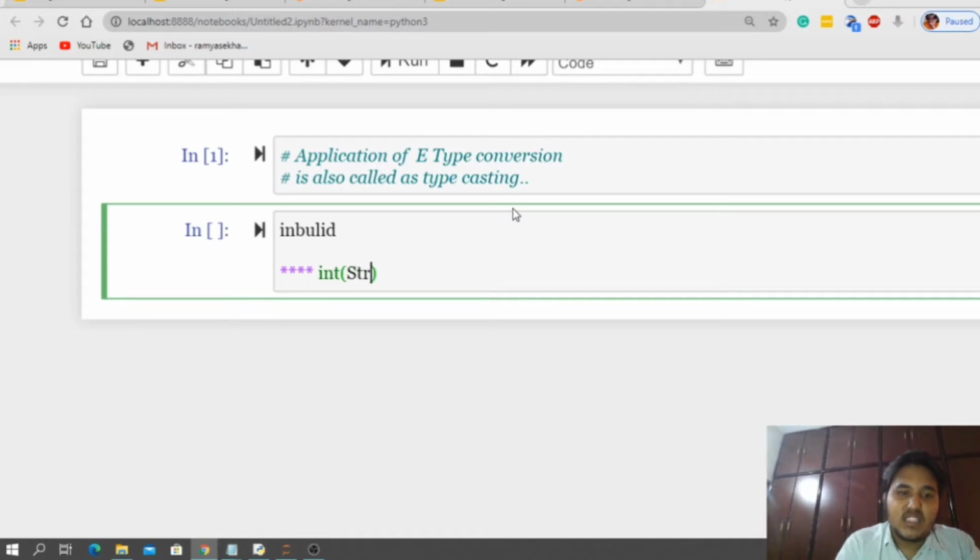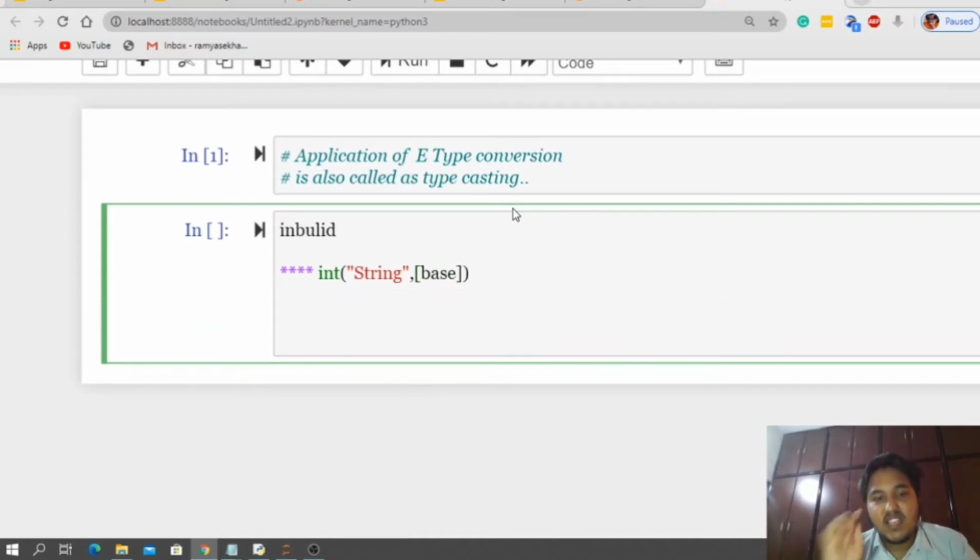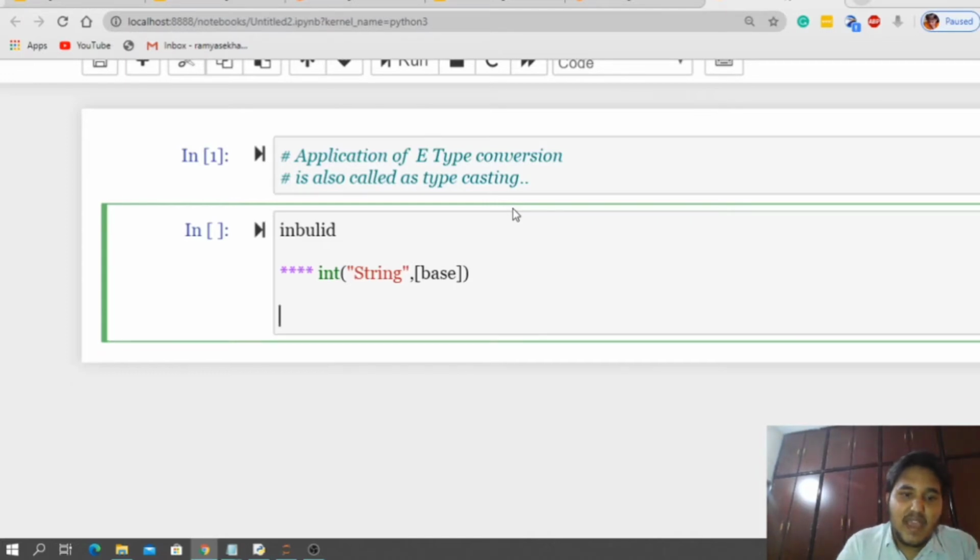The first parameter is expected to be a string, and the second parameter is the base. This function takes the first parameter and converts that string into an integer.